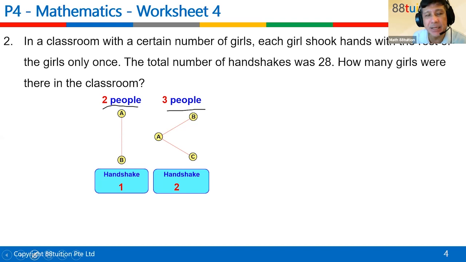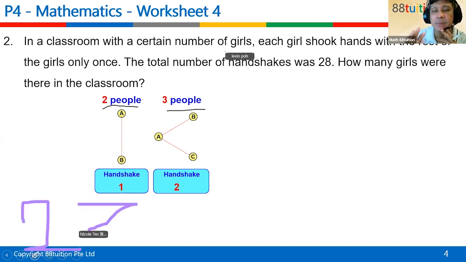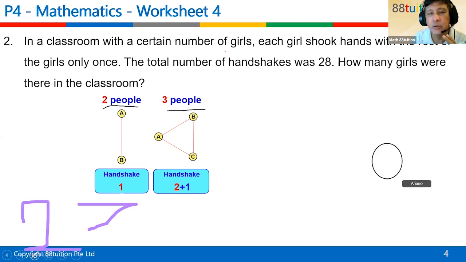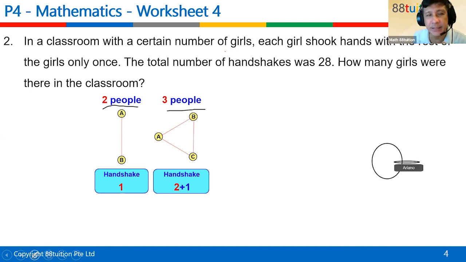Now, what about B? Of course, B will also shake A's hand. But because we already counted A shaking B's hand, you don't want to double count, you don't want to repeat. So now we just talk about B shaking C's hand. So plus 1. Do you realize that now it's all connected? C has already been connected to A because at first we already used